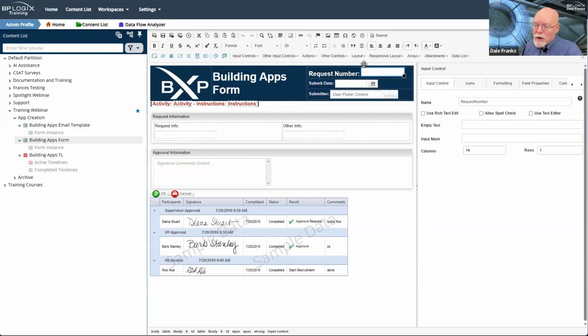Now, this request number is going to be the unique value by which we identify this request. So I need to come up with the unique value in some way. As I've explained in previous ones, we're going to use a sequence number to do this. And there's a lot of stuff we can do with sequence numbers, and we can make them fairly complex. But the reason why I am starting this off as unsubmitted is because every time you call a sequence number, it creates the new sequence number. It burns that number.